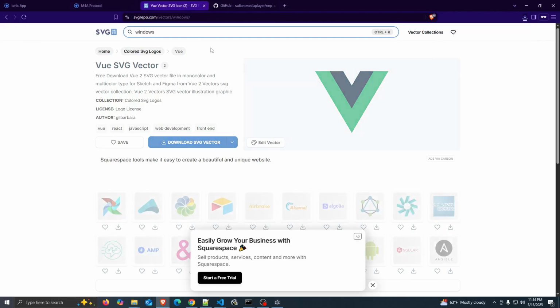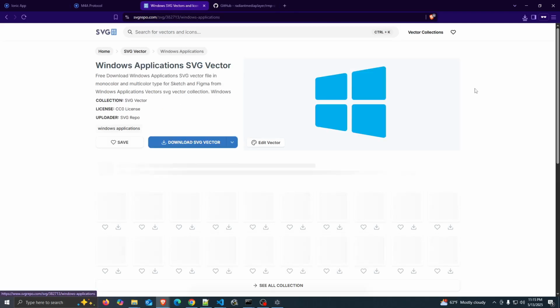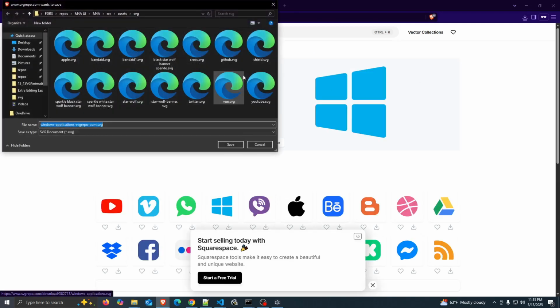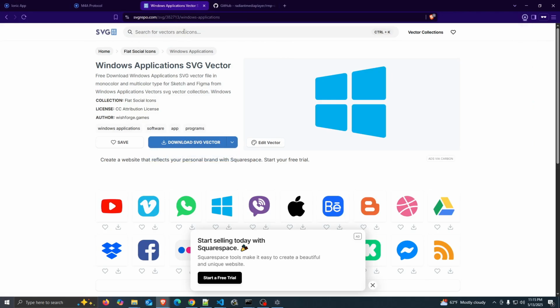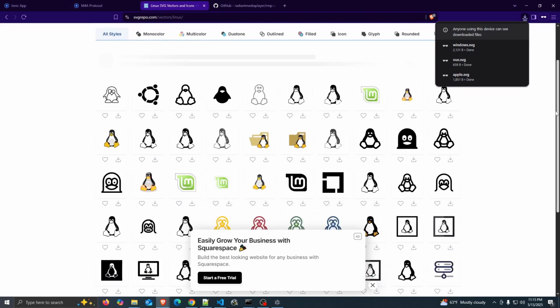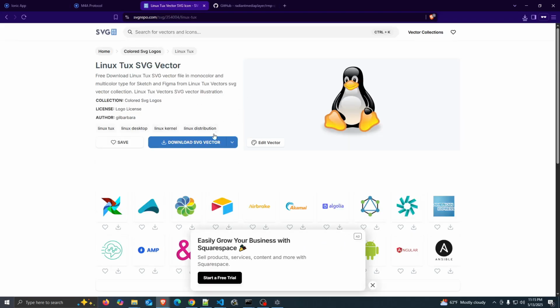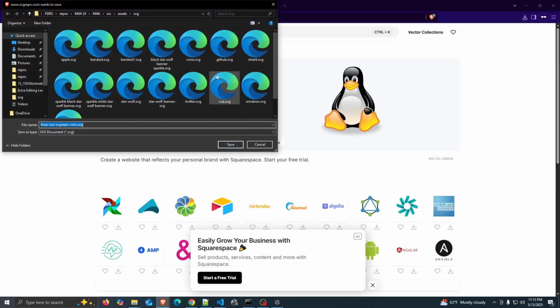We need to grab all of them manually, right? Windows, sure it's this one. Oh, this one. Windows. Need one for Linux. Just gonna get this one. Linux. Okay,